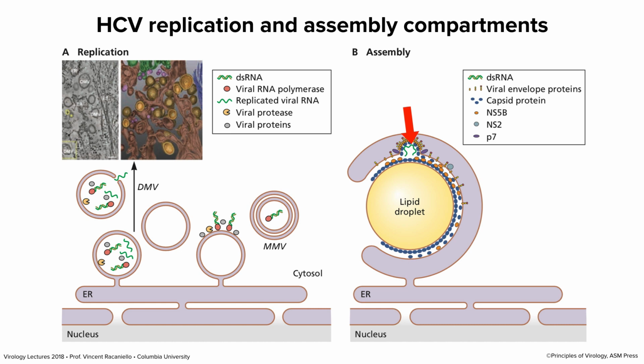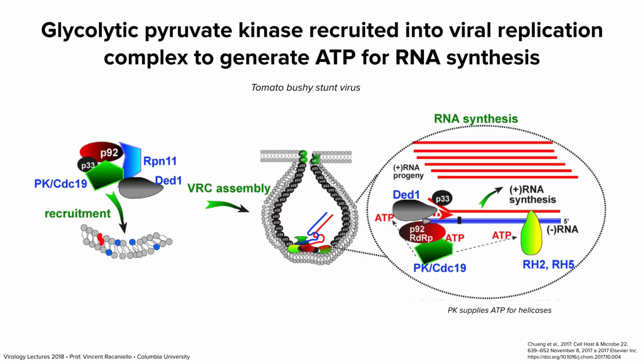And the particle is actually butting into the lumen of one of these vesicles. So it's going to end up forming a complete particle right in the lumen of this vesicle. Lipid droplet is an essential part of that process. And of course, those droplets, as I mentioned before, are produced in part by interfering of lipid metabolism by virus infection. Let me show you one more example just to wrap all of this up and really bring metabolism and